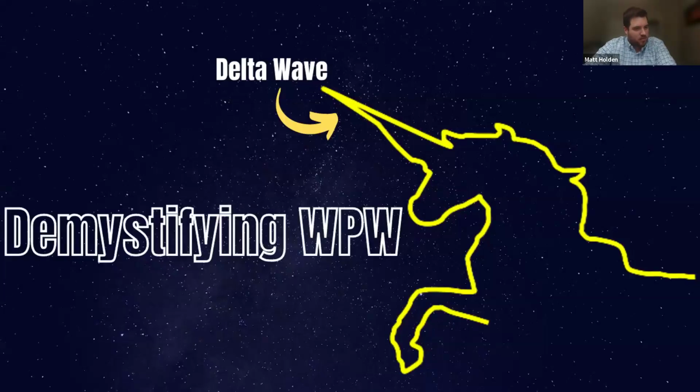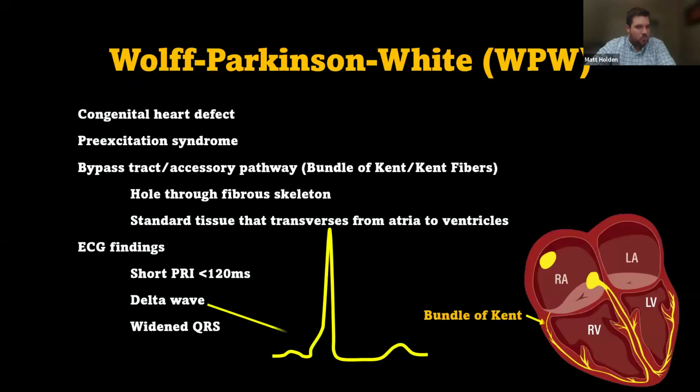But here's WPW. I know I have a couple minutes left. So Wolff-Parkinson-White is a congenital heart defect, and it's called a pre-excitation syndrome. You have a bypass tract or an accessory pathway, which is going to be important for all of your exams in PA school. It's called the bundle of Kent. I just took a cardiology exam, and one of the questions was what's the bundle of Kent